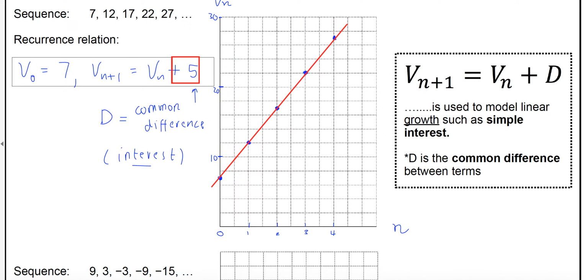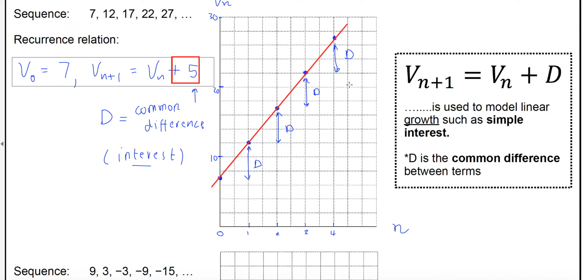And another important thing to note is that if I just look at that difference between, and I'll use just an arrow, the difference between each dot that I've graphed will be identical. And that difference there in this case is 5. So I'm just going to label it as D. The common difference between them should be represented by that common distance, as you can see, between each consecutive term